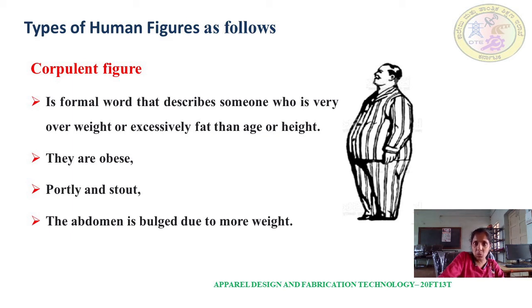And then the chest will lag behind. It will move behind, so that their shoulders will be straight and stiff due to overweight at the abdomen area, and the neck will be straight, no doubt, due to the front overweight at the abdomen part. And then their thighs will be fat, biceps will be fat, and fingers, legs and toes, everything will look portly and stout. These figures are also known as obese figures.